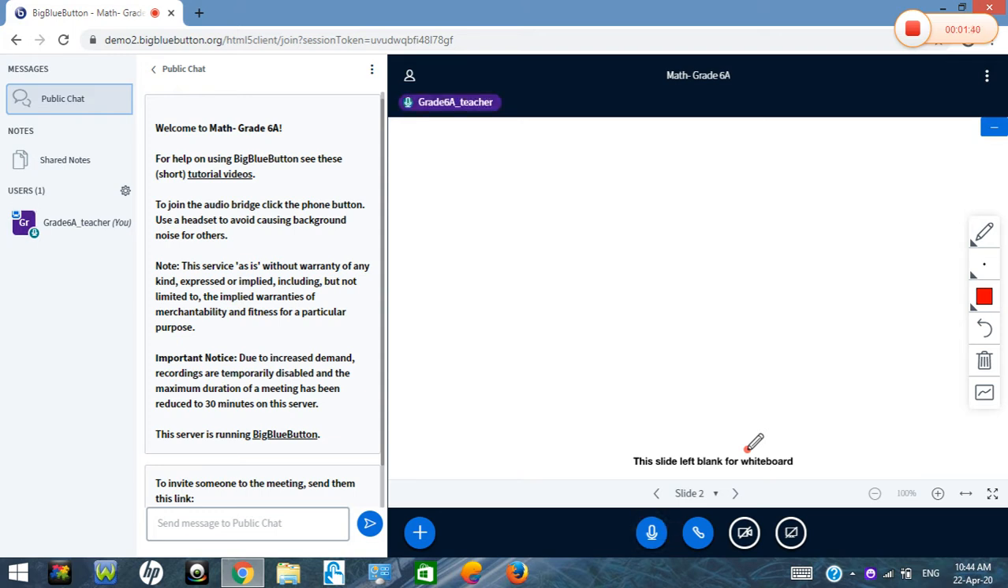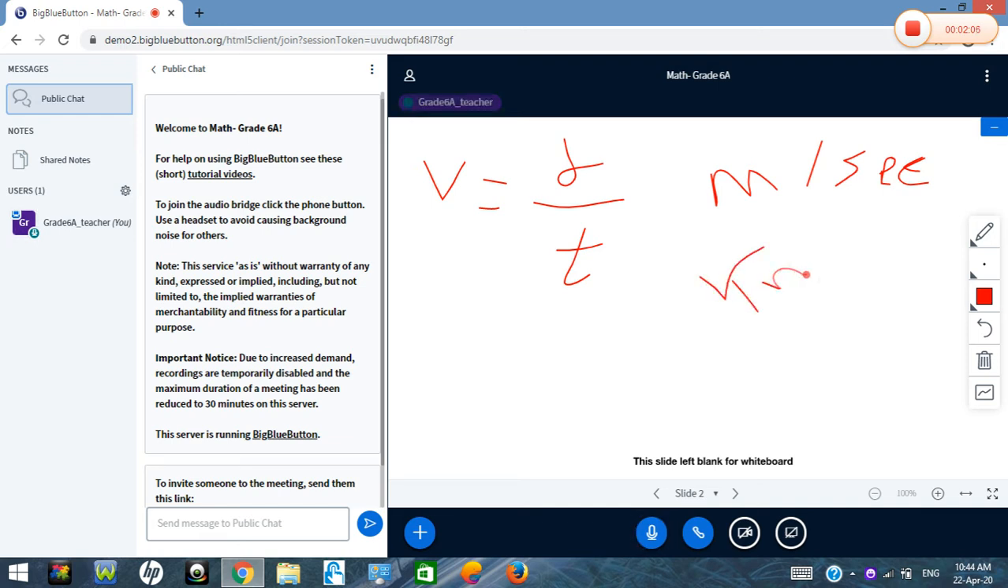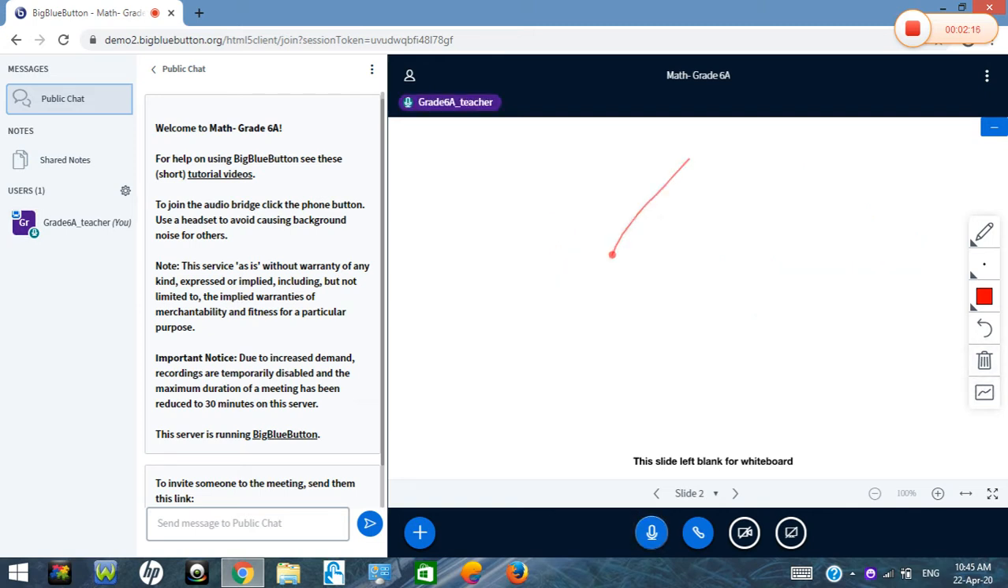Firstly, v, which means speed, equals distance over time. The measuring unit of speed is meter per second or kilometer per hour. Okay,